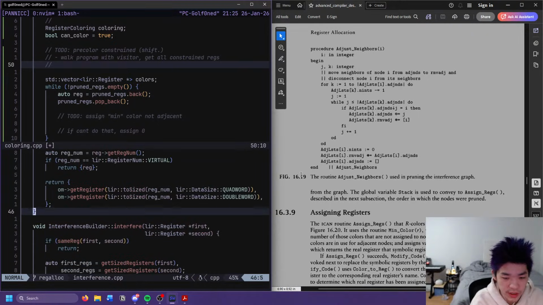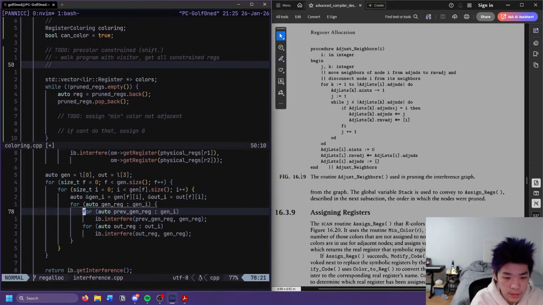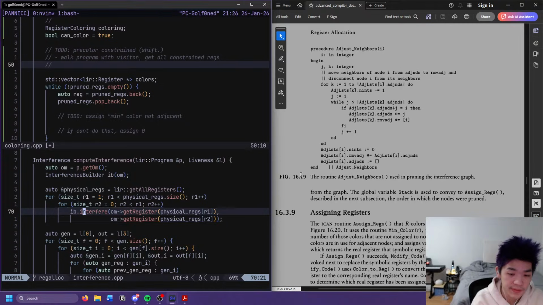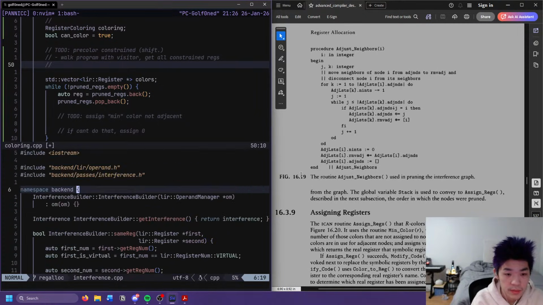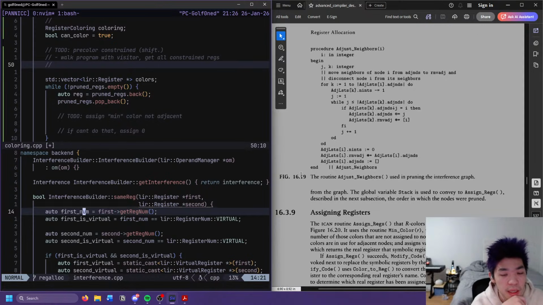Maybe I should do it here actually. That's really annoying. Assigning 0 is a mistake. Yeah. I think this says assign 0 because it's 1 indexed, which is annoying.